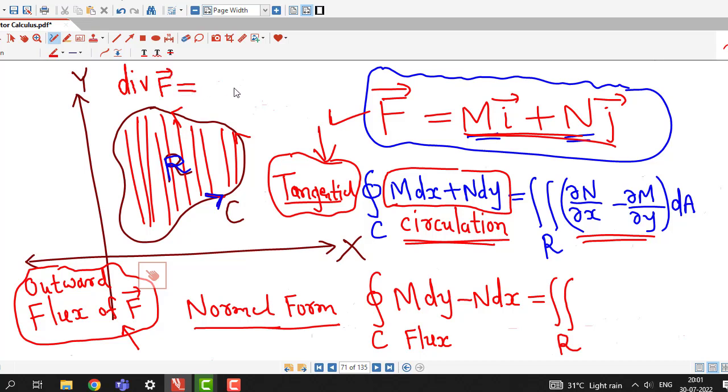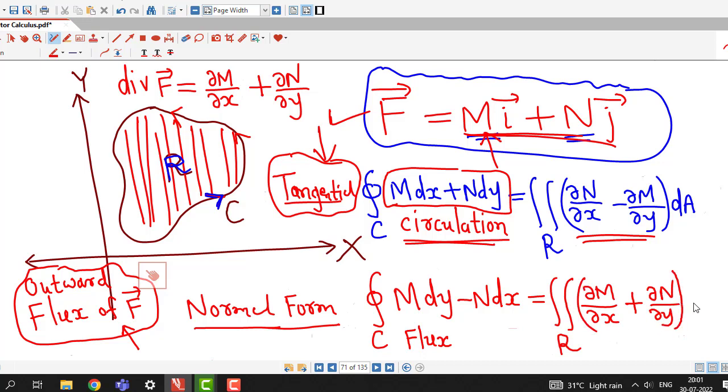We are familiar with the divergence of a vector field. So if I want to find the divergence of f bar equal to Mi plus Nj, then this is equal to the partial derivative of the first component with respect to x plus the partial derivative of the second component with respect to y. So here we write the divergence of the given vector field f bar as del M by del x plus del N by del y,